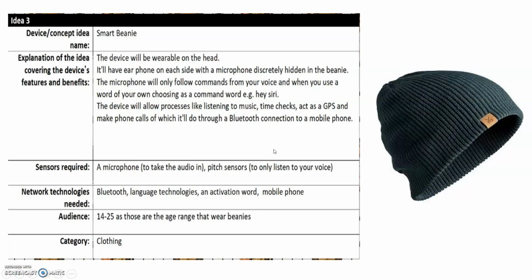The smart beanie. So again, a nice and simple one here, and we're sort of in the clothing category, aren't we? And being able to listen to music on the go, not having to remember to fetch some headphones,